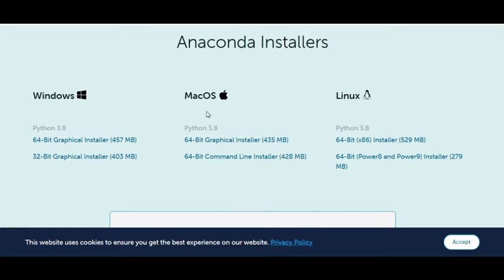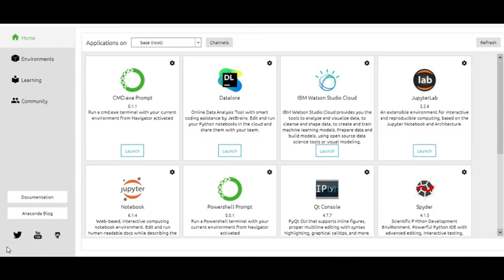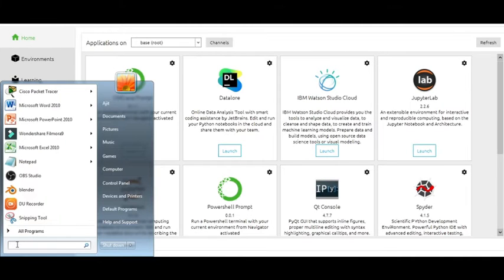It is also available for Mac OS and Linux also. So as per your system requirements, you can download from this one, and after downloading you can install that particular software. After installing this one, you can launch the Anaconda Navigator from the start menu, which is available here.